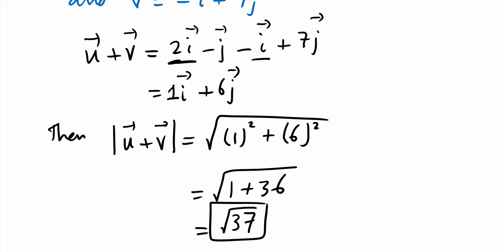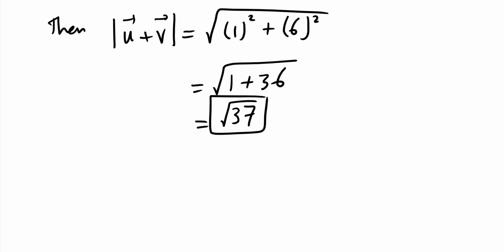So in this section we learned more about algebraic components of the vector. How we draw the vector in a standard position. Always the origin is going to be the tail of the vector, and then the tip of the vector is going to be another point. How do we find the magnitude? How do we find the angle that the vector makes with the positive x-axis, and that gives us usually the direction of the vector. How do we write vectors in terms of i and j, those are called unit vectors, because if you find their magnitude, it will be 1. So if you like to see that, note